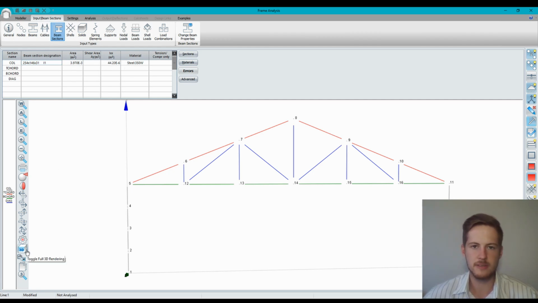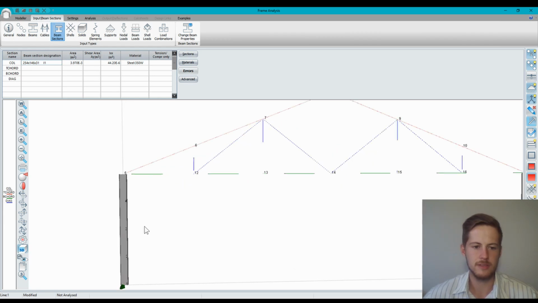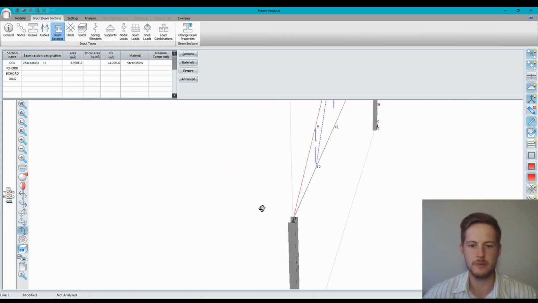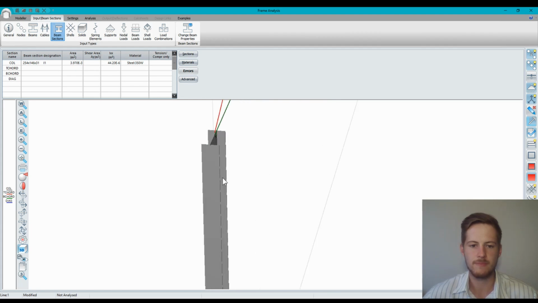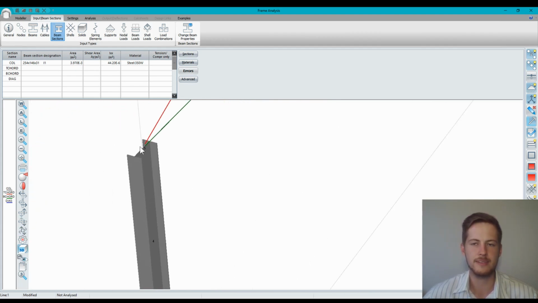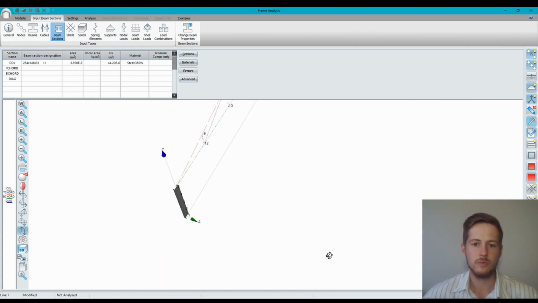If I quickly press the 3D button, you'll see that the member that I just specified has already been shown there. So you can see a 3D view of that member that's already been named. So what I can do now is go to the next section,